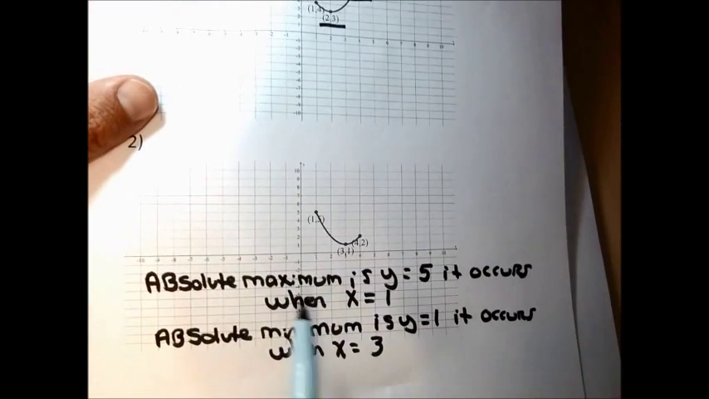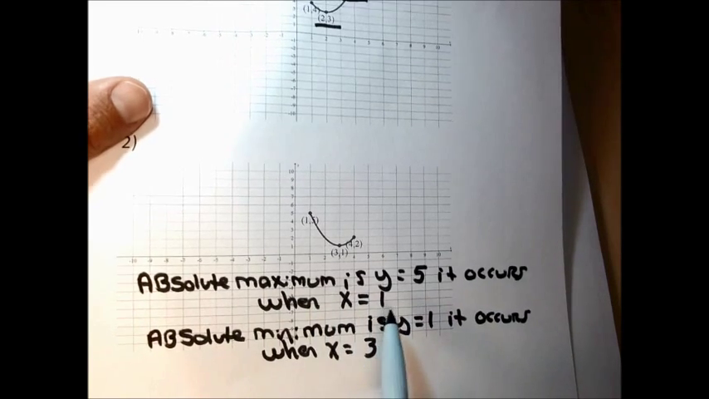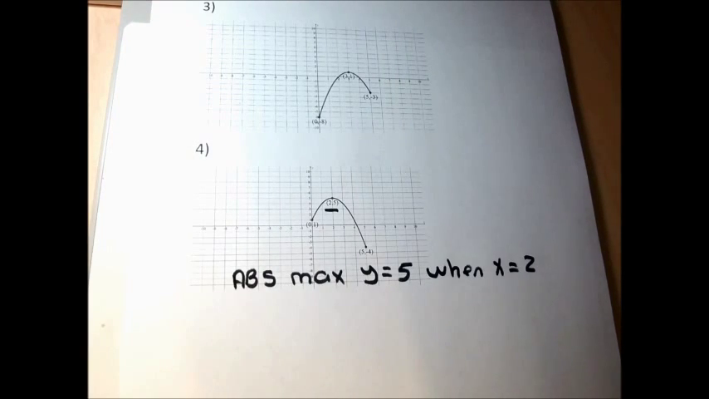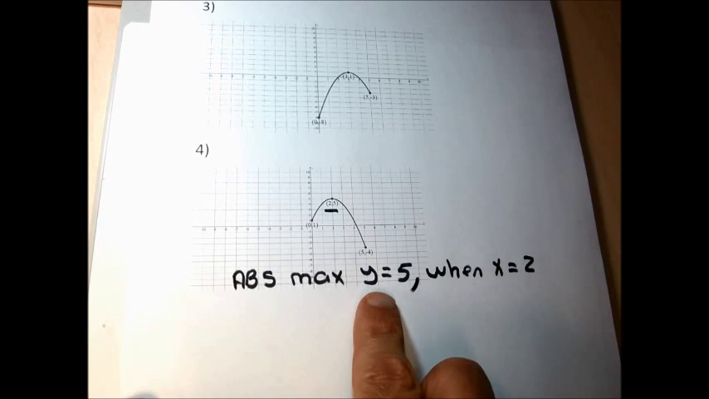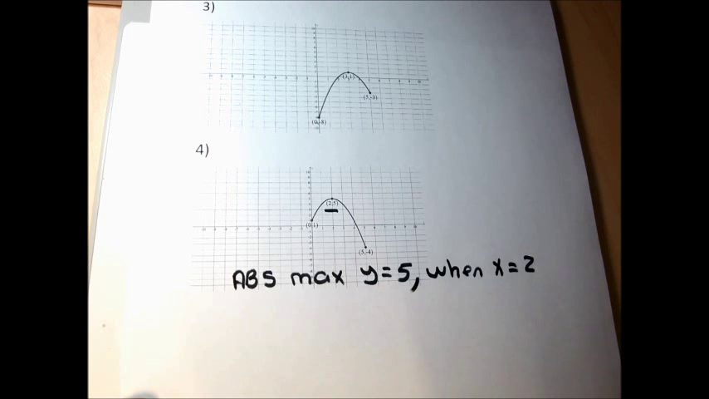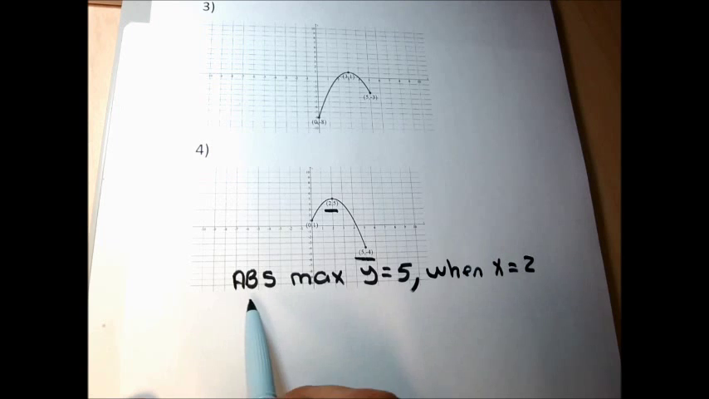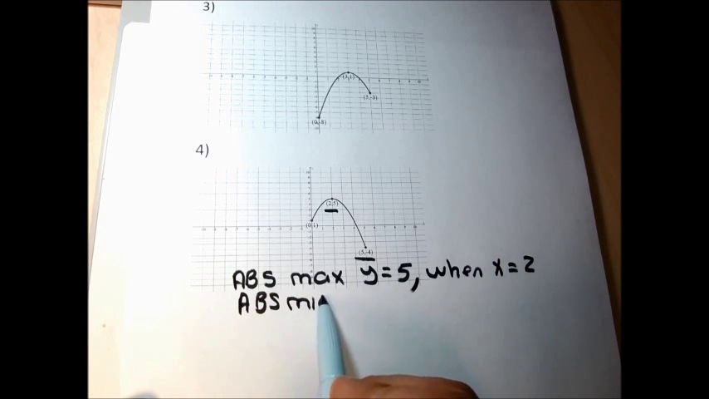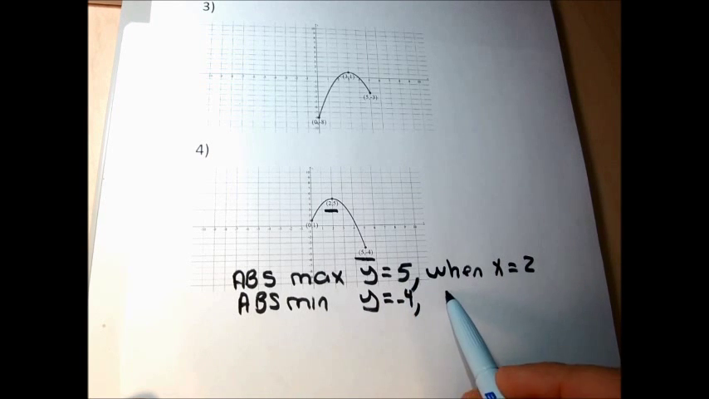That's probably more appropriate. The absolute maximum is y equal 5. It occurs when x equals 2. This probably means the same thing to me. So the absolute maximum, the highest y value of any point on this graph, is y equal to 5. It occurs when x equals 2. The absolute minimum is going to be the y value of that point. So I'm going to say the absolute minimum is y equal to negative 4, and it occurs when